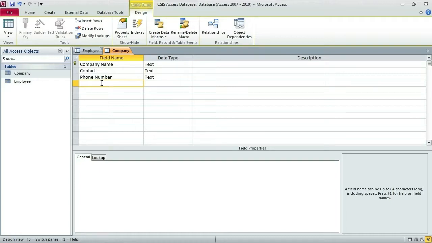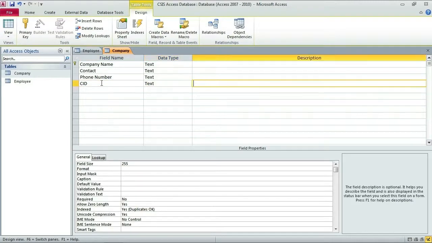For example, company address, state, zip, phone number for either the manager or the owner. I could add all kinds of stuff, like when did they become our customer. I mean, the sky's the limit in terms of the type of data that we can store. The one thing that I am going to keep track of is the company ID, and I'll simply type text for that. So this is the company